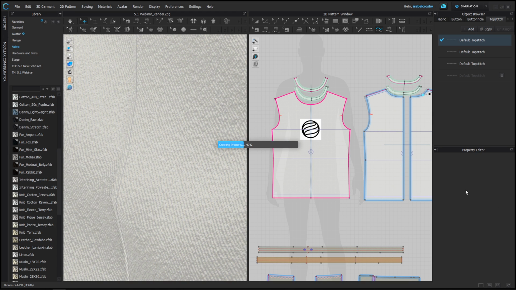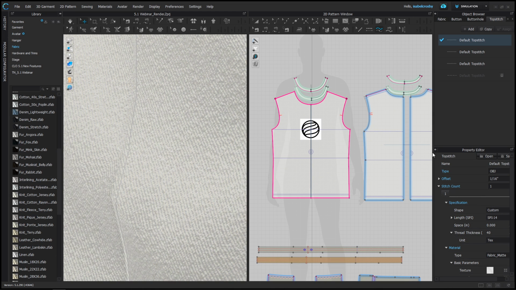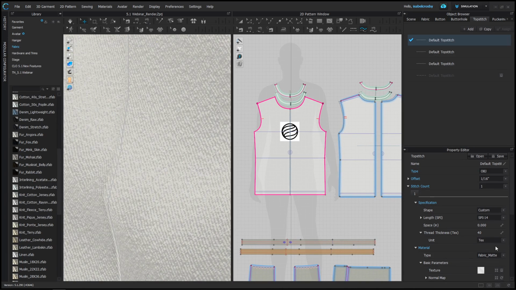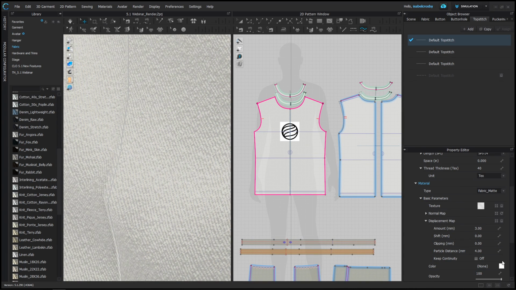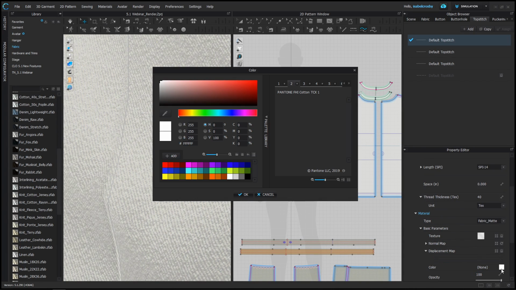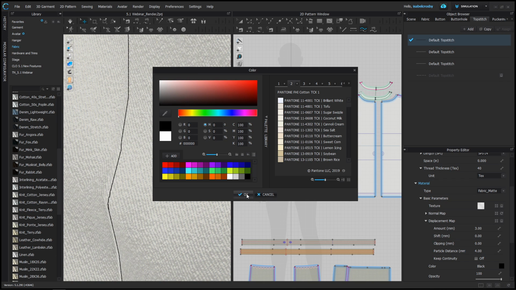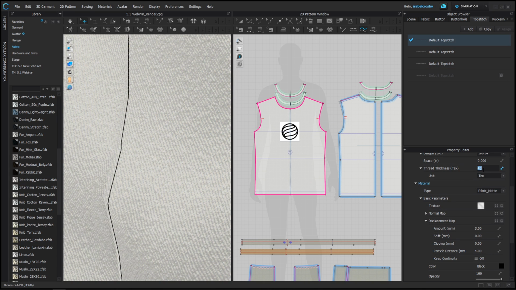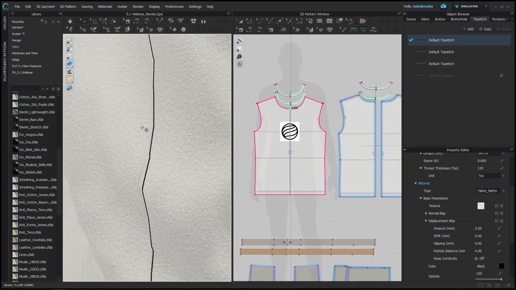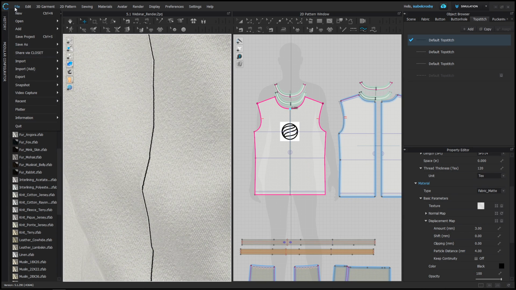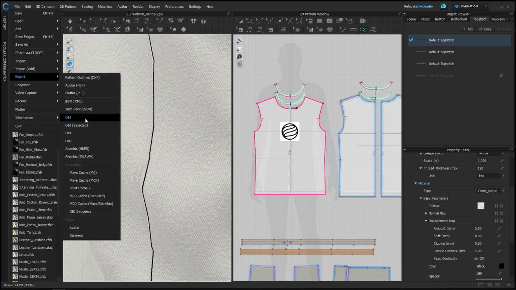So those of you who are exporting out your textures, you can now bake the top stitch textures onto it. So I'm just gonna darken this up so you all can see a little better. Okay, so something like that, and then you would go about File, Export, OBJ,